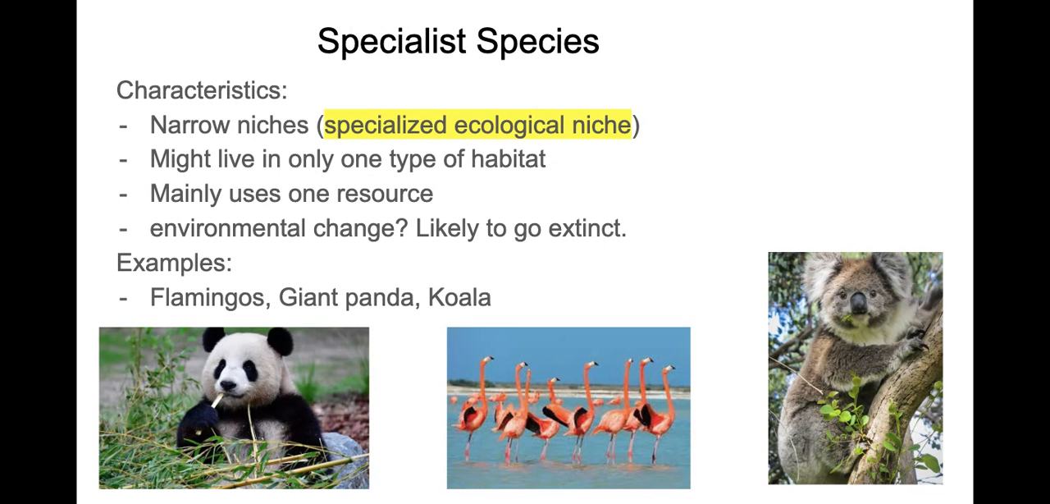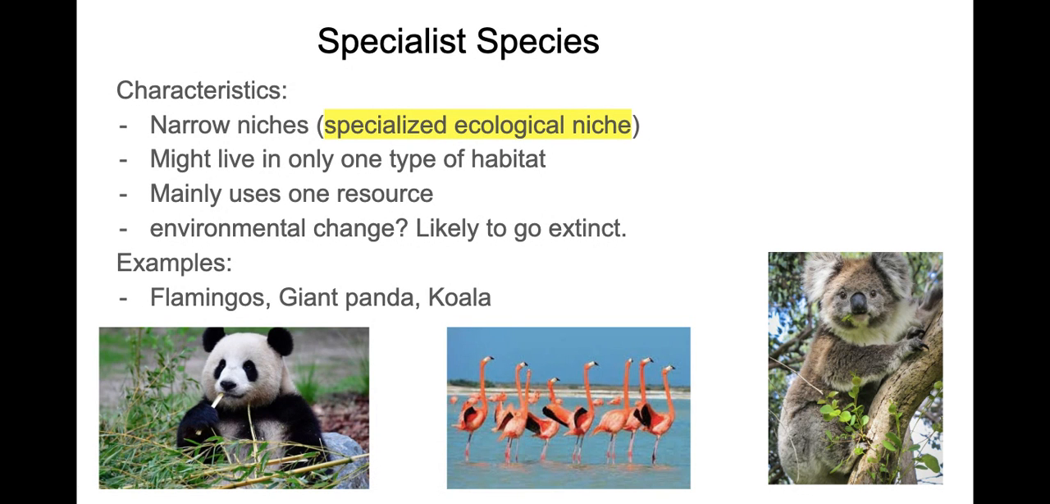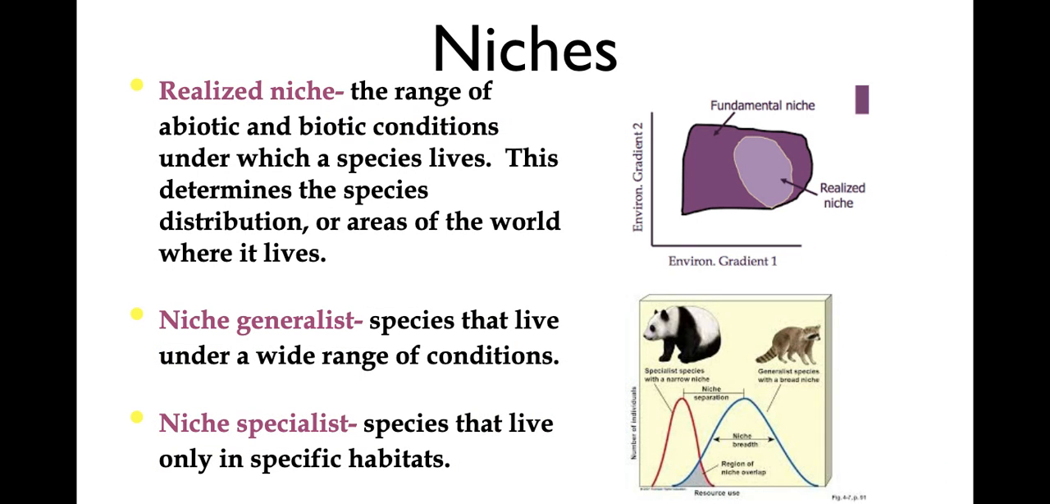Okay, specialist species, on the other hand, have a narrow niche. So they're going to be very specialized in the type of resource or the type of habitat that they use. And if there is an environmental change, they're likely to go extinct. Some examples of those species over here. And just reminding you, if we're talking about